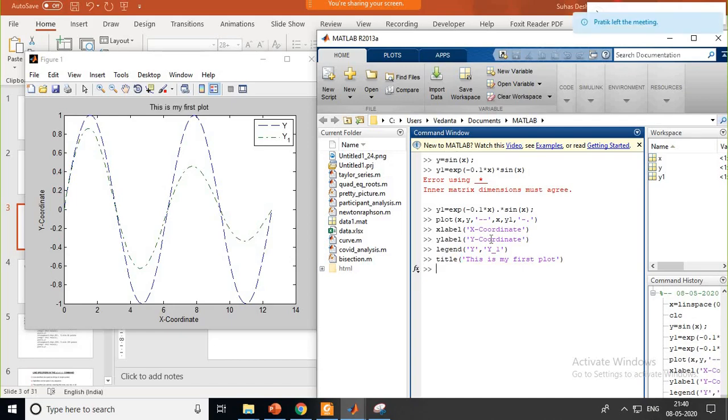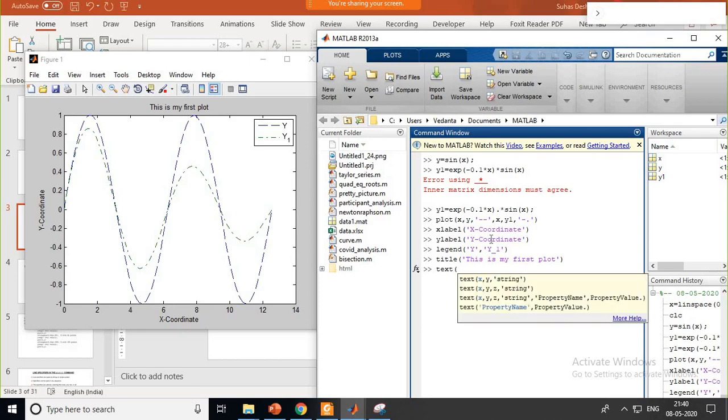Then you want to give some text also. That is what text is, one command. Now in this text, make sure that whenever you are using text, you need to provide 2 points: one is x and another is y. So if I say it is 0 0, then it will start at the 0 0 location here, and then I will write the